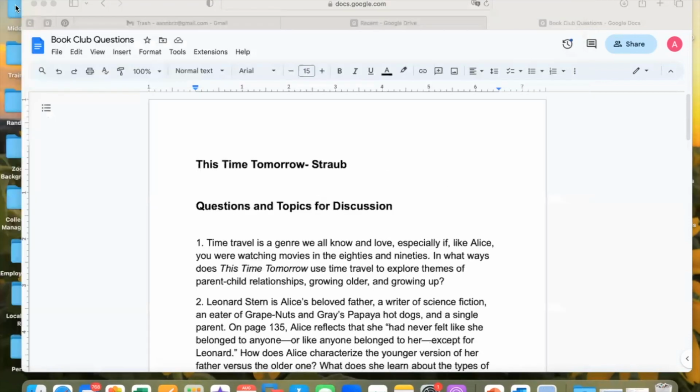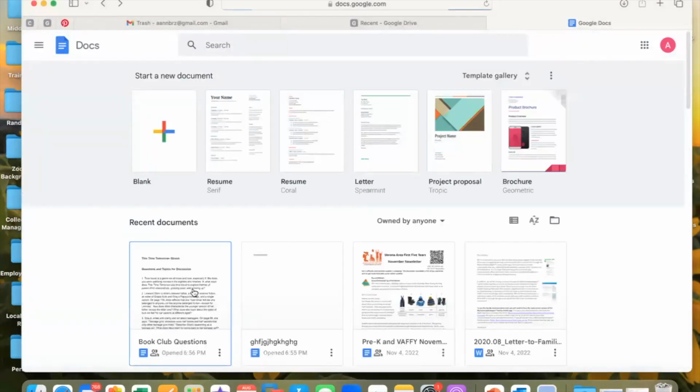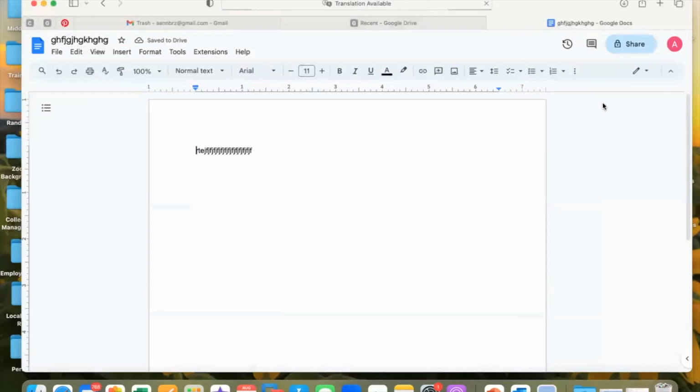So that is how you would take a document that is in Google Drive already and download it from the cloud to your computer. Last thing I wanted to do. So for this one that we made,